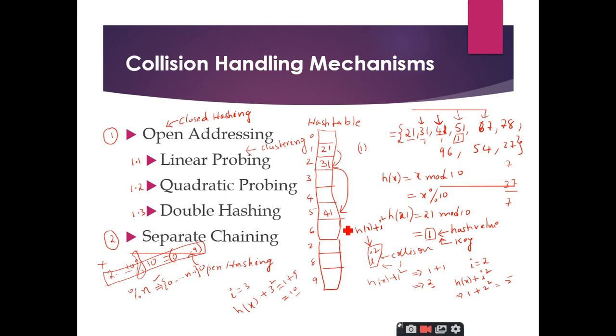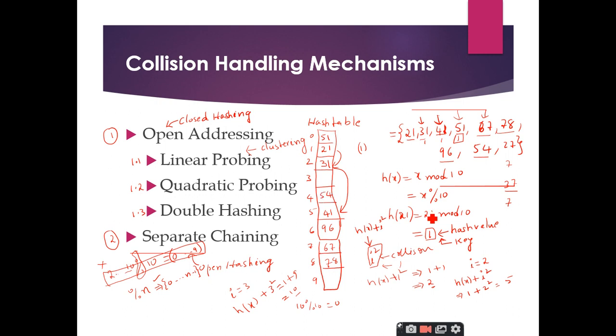Yes, sir. Right. So for 51, I got the hash key as 10. In the second step I applied 10 modulo 10, the result is 0. Therefore I insert this 51 at the 0th location, right? Now coming to 67. For 67 the hash key is 7, so it is inserted at the 7th location. 78, the hash key is 8, therefore 78 is inserted at the 8th location. 96 is inserted at the 6th location. 54 is inserted at the 4th location.